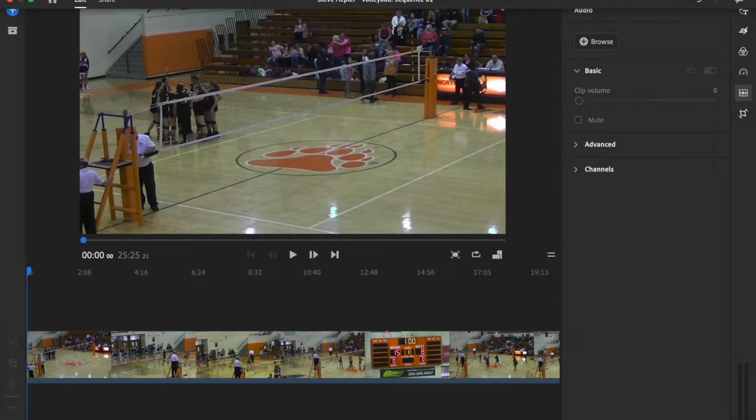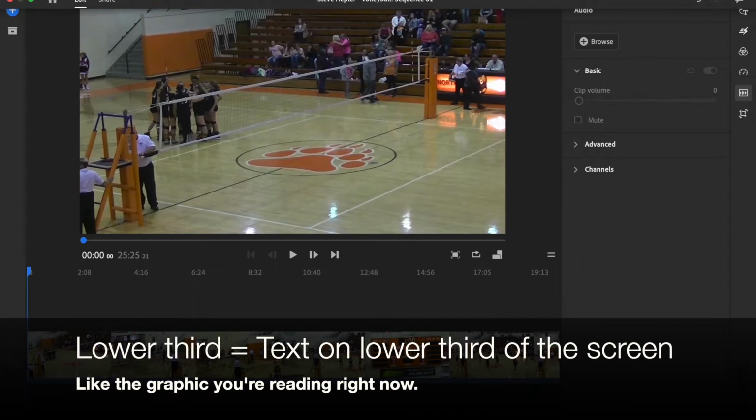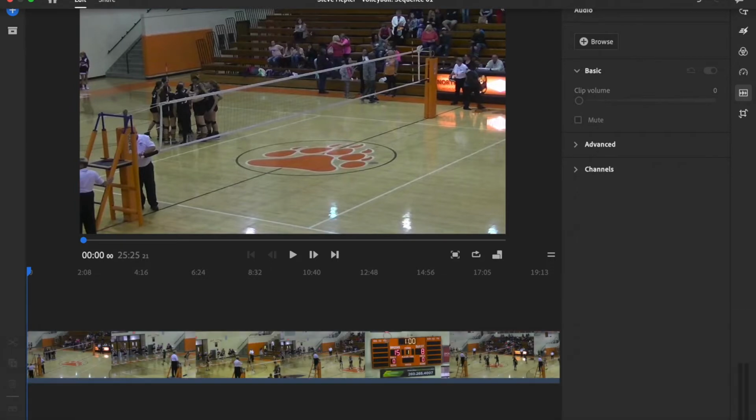Lower third is exactly what it says. You just want to take some text and put it on the lower third of the screen. In our case, if we're putting this on cable TV, I just want the audience to know who they're watching, which two teams are playing. So I'm going to find a good huddle shot in this video, and I'm going to stick a lower third